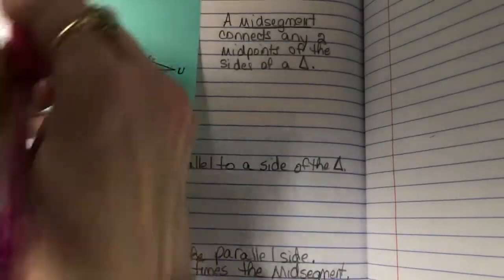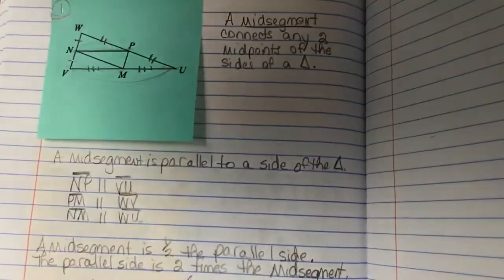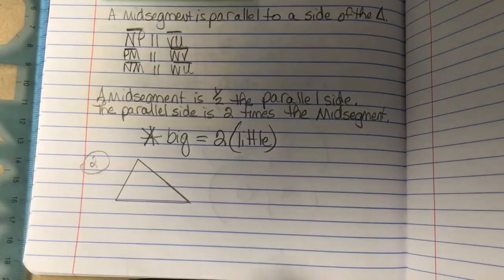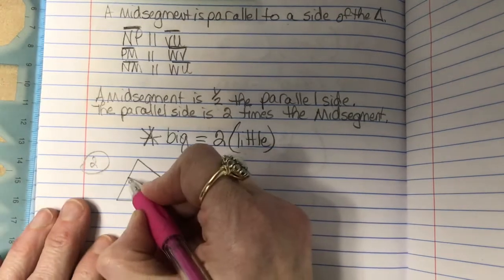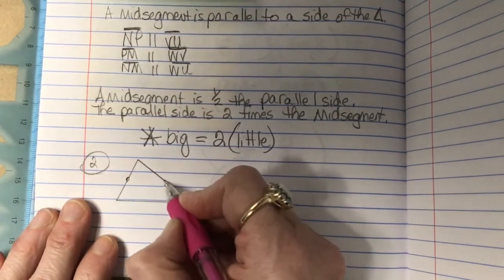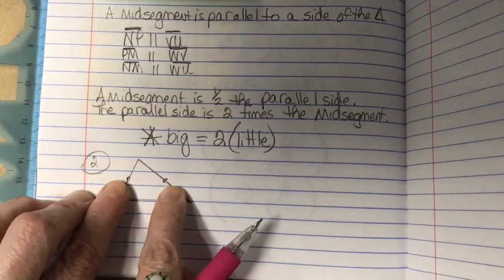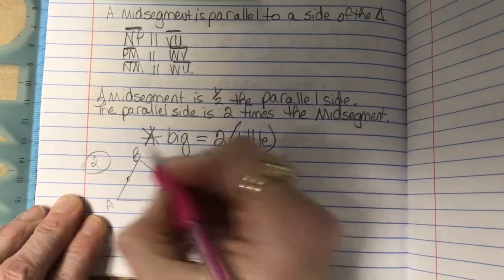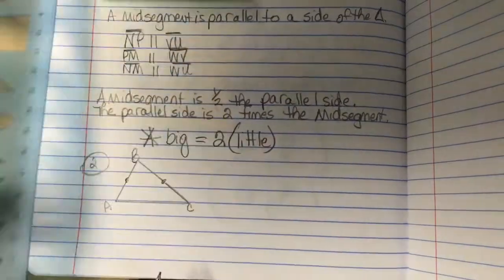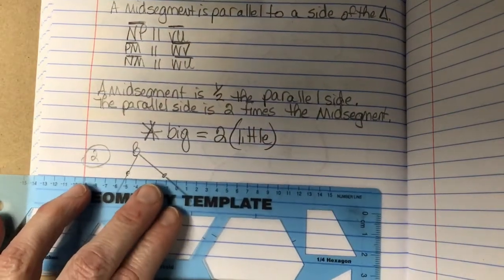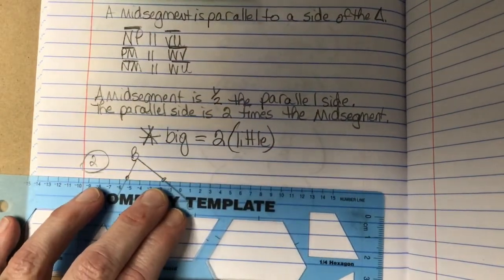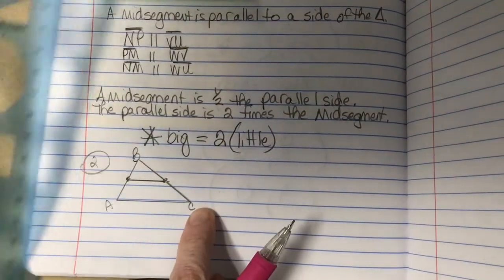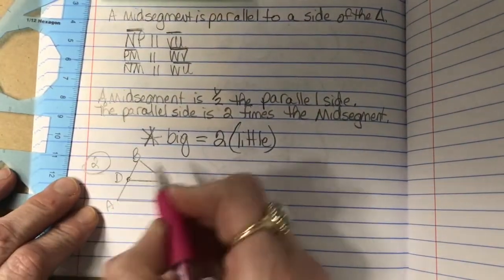I guess we'll go up here and call this one number 1. We'll call that one number 1. Number 2. And I only need this one and this one. So you just kind of have to eyeball it for the midpoint. We're going to call the triangle ABC. And then we're just going to draw that one. Sometimes they don't draw but one of them. So this is a midsegment. Notice it's parallel to AC, and we're going to call this DE.